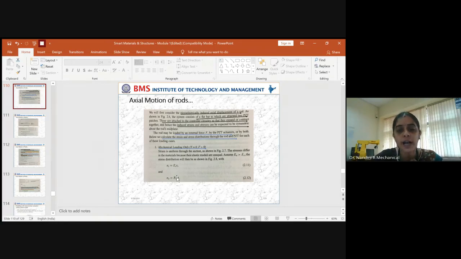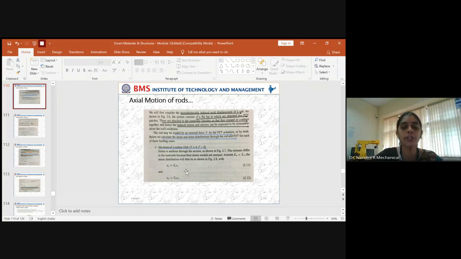Okay, so these are the two equations we use to determine the stress across the substrate and the stress across the actuator. The actuator here is nothing but the piezoelectric patch. Don't get confused. We are using mechanical loading to evaluate the displacement. In that case, you apply the voltage, it deforms, and due to deformation it causes strain. Based on the strain induced, we will evaluate the stress.